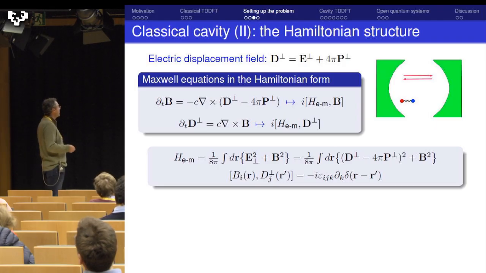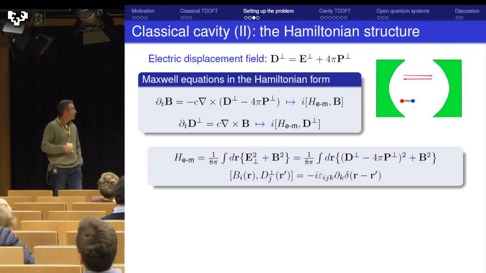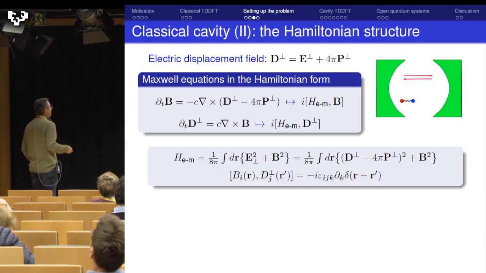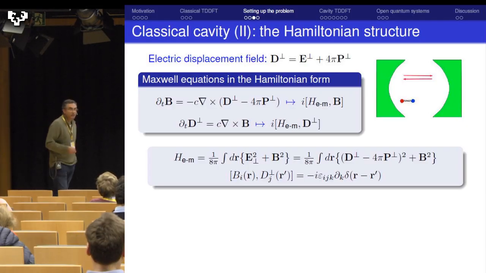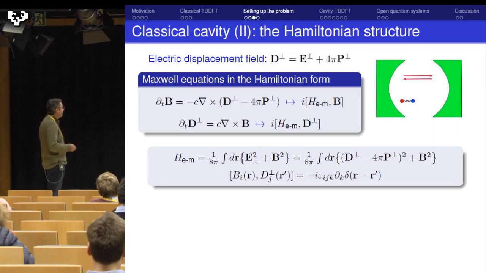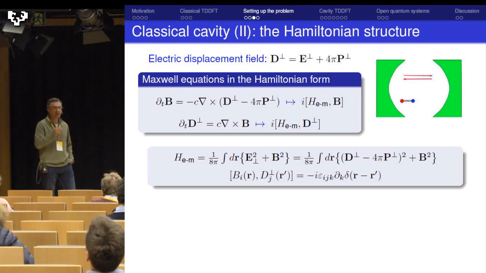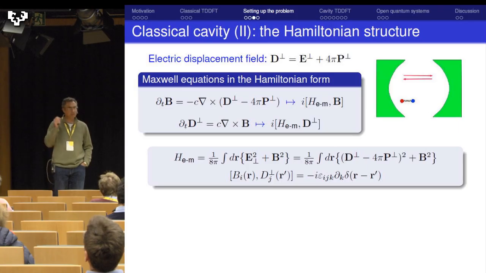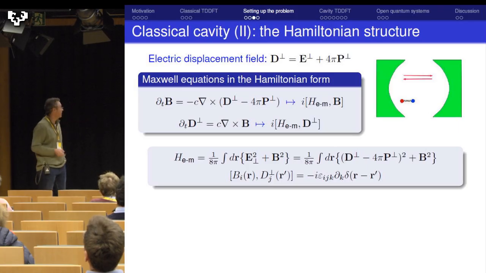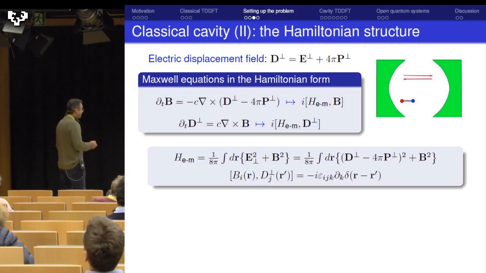of the Maxwell equation can be written as a commutator or canonical bracket of the electromagnetic Hamiltonian, which is the familiar form of the electromagnetic energy, commutator with B and D. This reformulation shows that B and D are a proper canonical conjugated pair of variables, not B and E, but B and D. And that is a very important